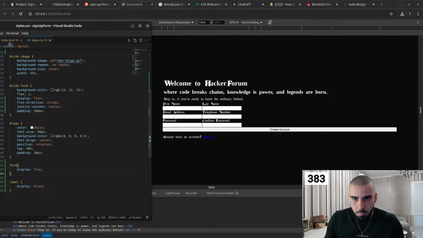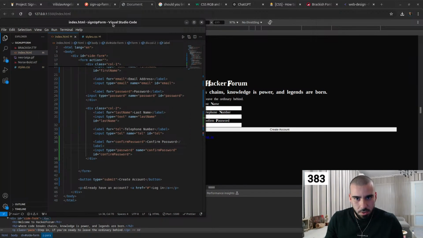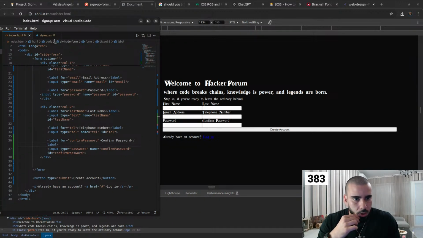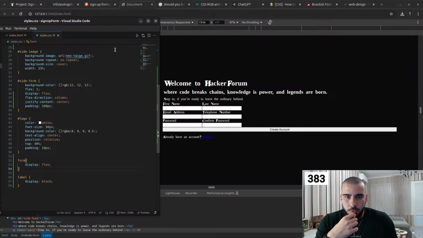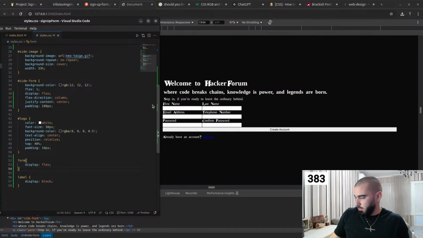Now why is the button still stretched? I'm not sure about that. We'll figure it out. For now, one thing that bothers me is that the input fields have like a white background,